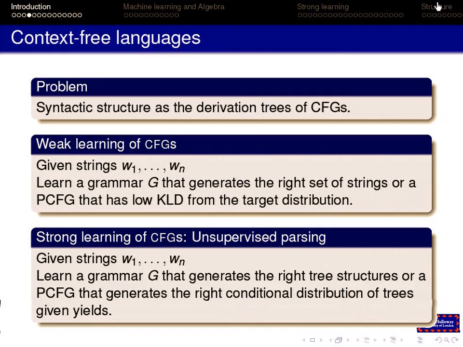And this is clearly a hopelessly ill-posed problem, because there are many different context-free grammars that will generate the same set of strings. And even when we move to a PCFG, there are many different PCFGs that will generate the same distribution. So in stochastic terms, they're not identifiable.